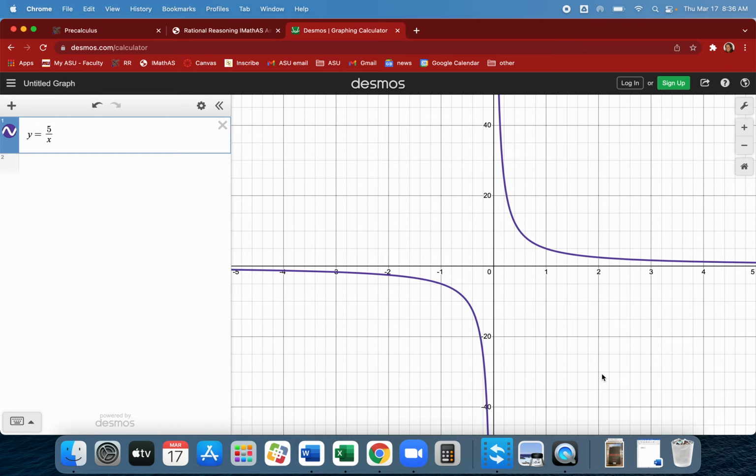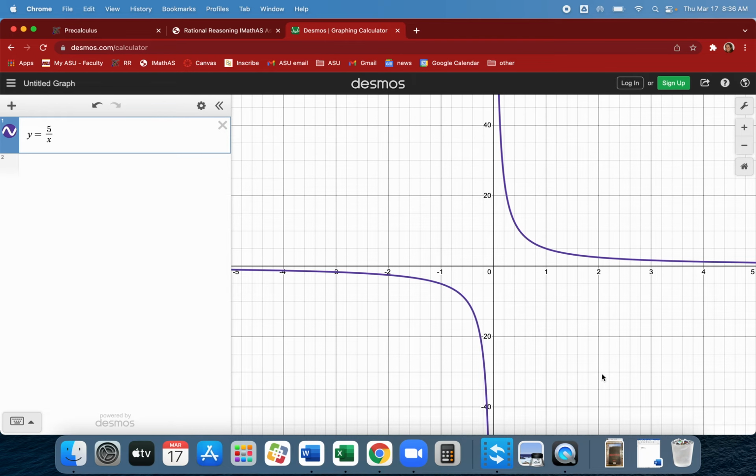If I want to talk about what's going on in the middle of the graph, because it's a mess, I know that there's y values for every single x value I can imagine, except for x equals 0. But if I want to describe what those x values are like, well, the ones just to the right of the y-axis, as long as x is positive, I've got positive values, right? 5 over anything positive is positive. If I put 5 over 1, 5 over a half, using positive numbers, but these positive numbers are getting closer to 0,